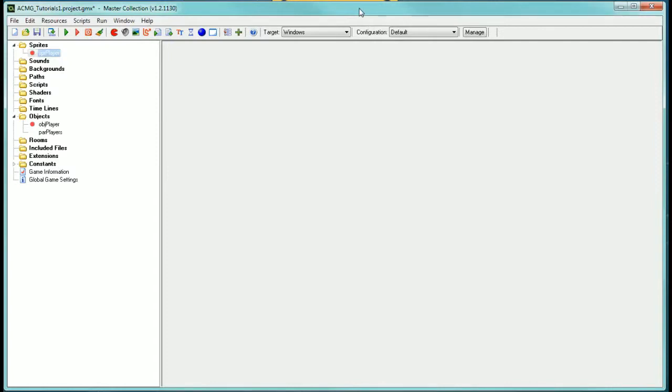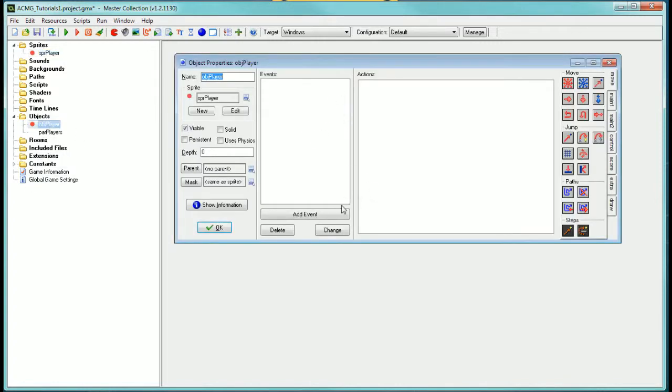Today we're going to be talking about drawing the HUD elements on the screen. Now, in this one we will not be testing it or looking at it, but I'll show you how to draw your player's name on the screen, maybe some information about your game, how to play the game. Who knows? That's up to you guys. In this one, I'm actually just going to show you how to draw the sprites on the HUD and how to draw text. So let's jump right into our object player that we had made in our